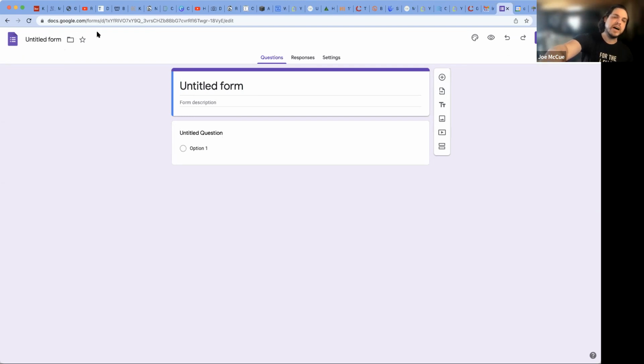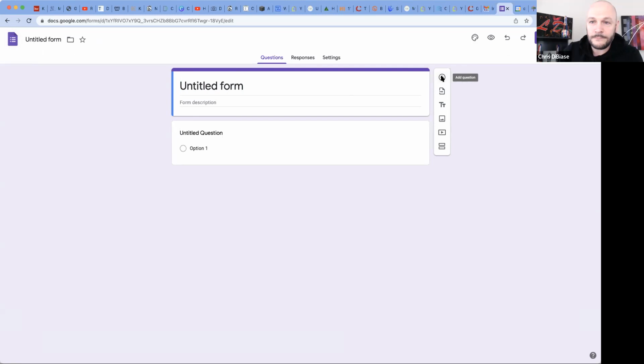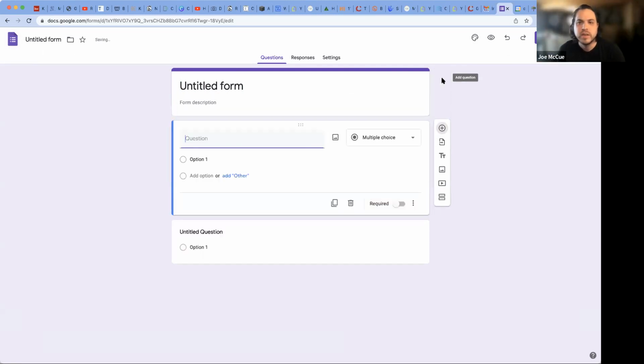You have the different options for what you can add to a form. So you can add another question. Sorry, on the. Got it right here. Yeah. You can add a question. You can import questions, although I've never actually used that. I think it just imports the header from a spreadsheet. You can add a title and description. So if you have separate sections, you can add images